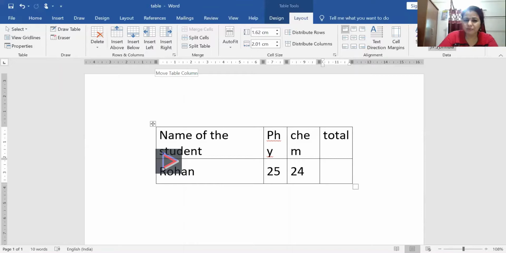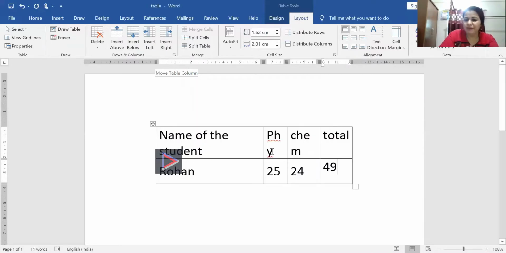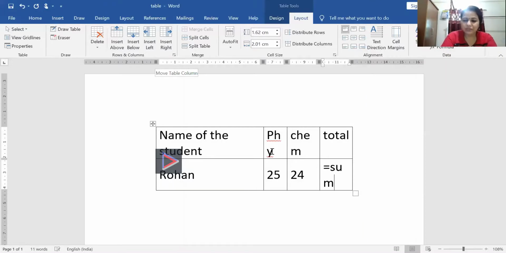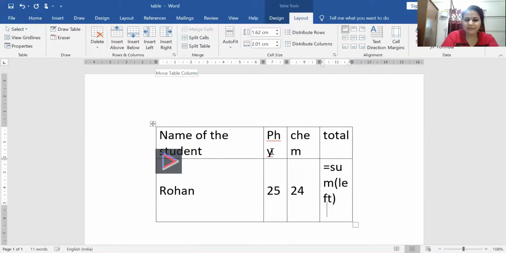Just click on the formula, and sum of left means whatever data is on the left hand side, I want to find the sum. If I click OK, it will add 25 plus 24. You can also type it manually: equal to sum, and left. Just write it as SUM(LEFT).